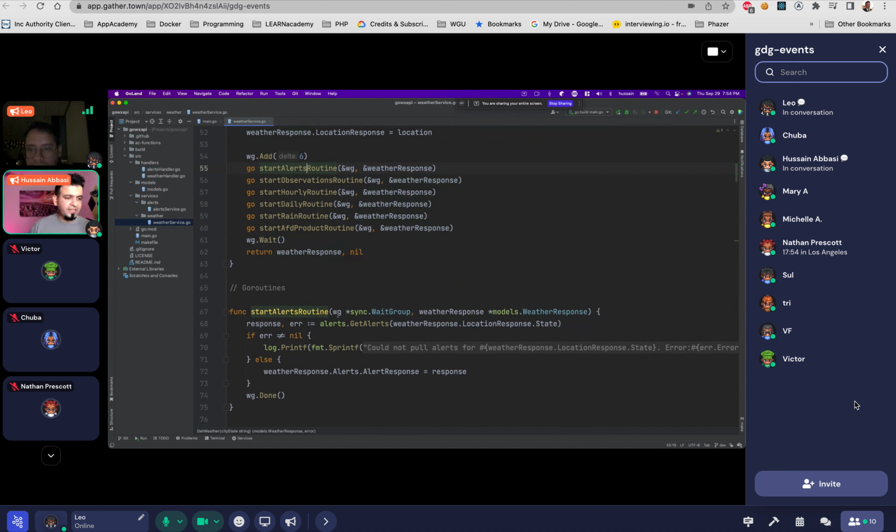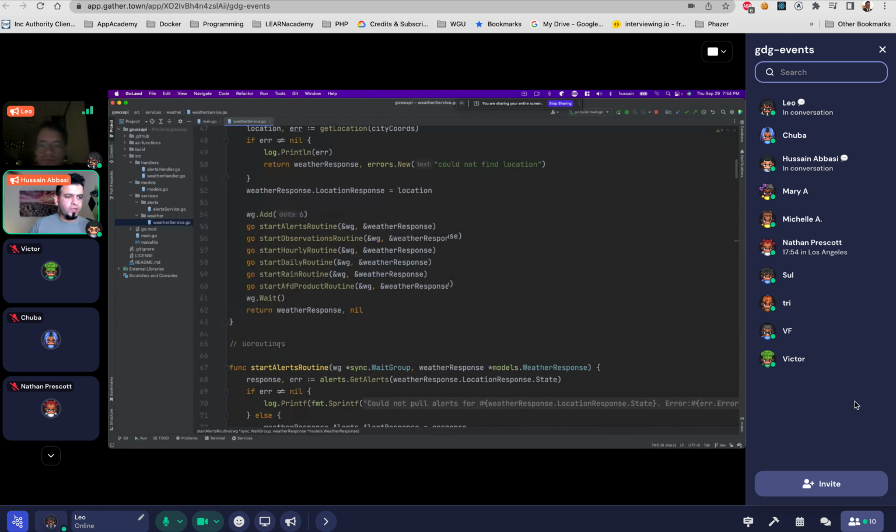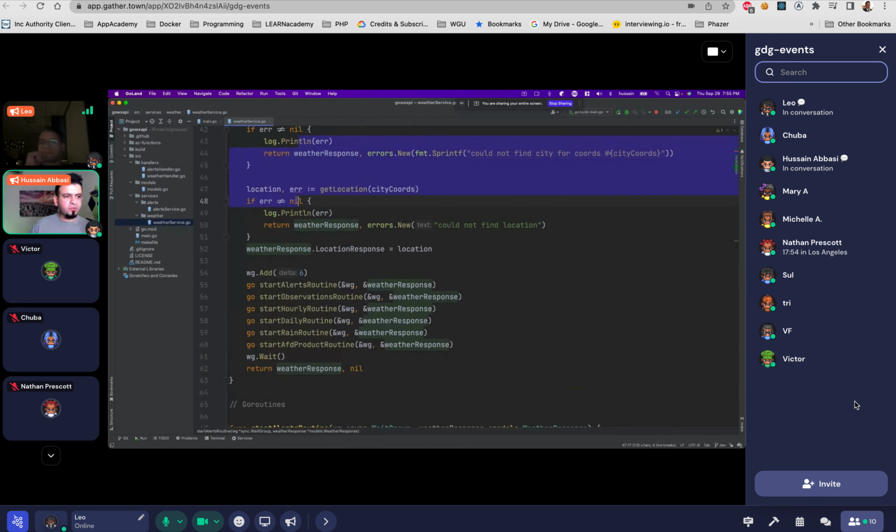And if you look at this, that's exactly what's going on. I'm passing in an address to my wait group and an address to my weather response, and it's doing its thing, and then it's saying, okay, update my weather response, do whatever I need to, and then just call waitGroup.Done. So what my response does is these two are blocking calls, and then these 6 are not. So they all go out in their own way, and we wait for all of them to come back home, and when they come back, then we return the response, right?